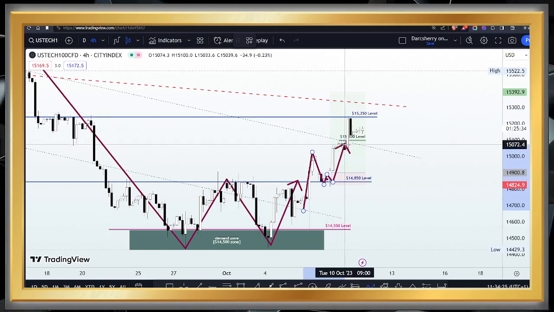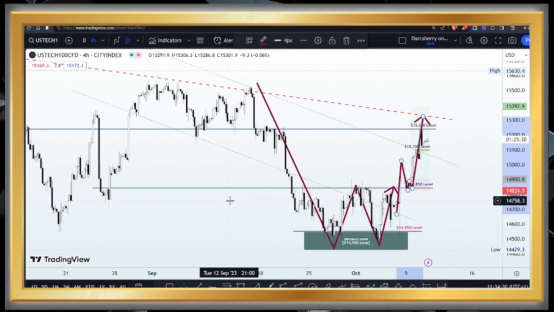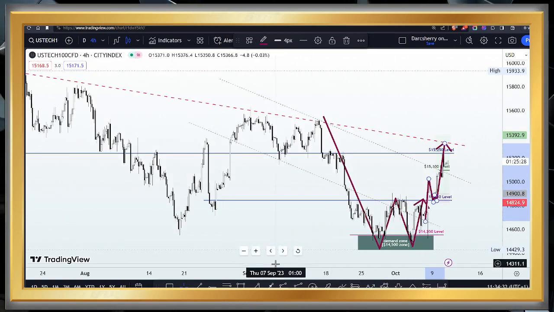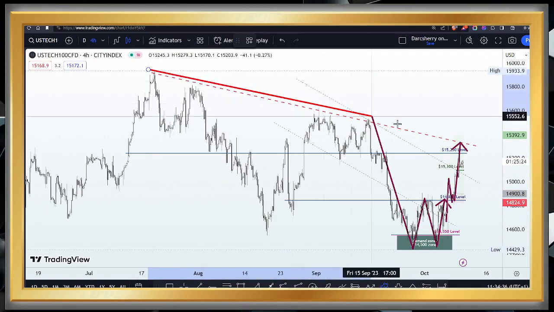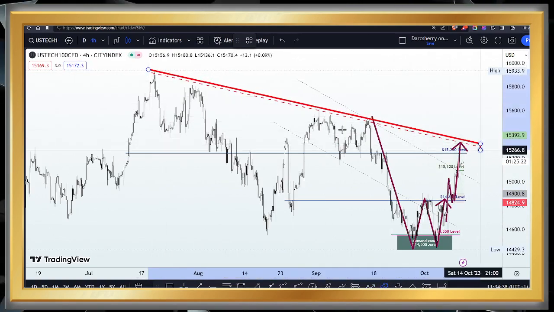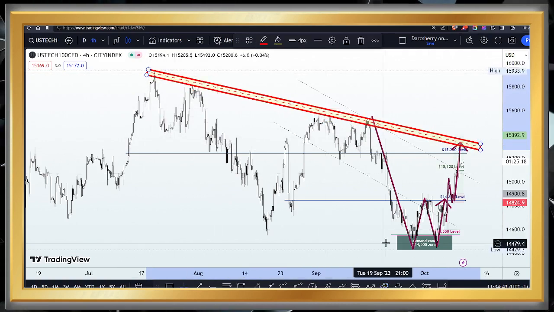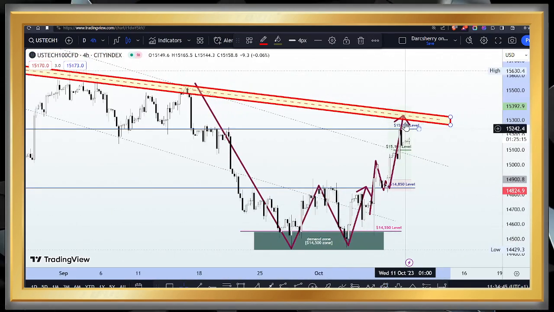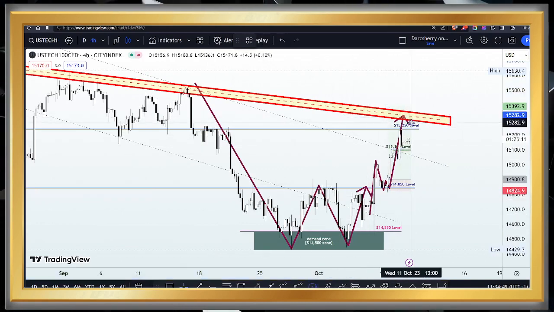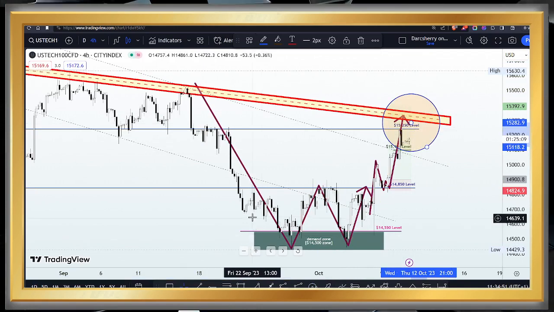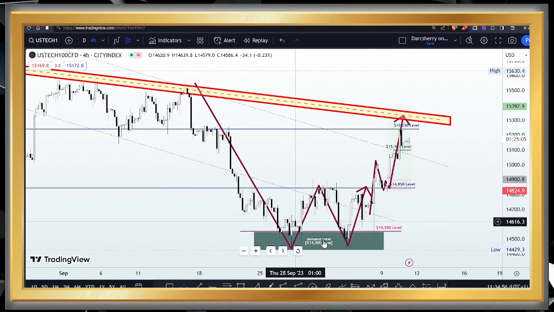And I'm of the opinion that price may likely continue into that descending trend line that we identified on the daily time frame. So this is the descending trend line here. Let me mark it out so we can see. Now let's see if the market will get that far. I'm of the opinion price will get into that area. Now, if price gets into the structure, depending on what happens here will determine if we are going to be adding more buy positions or getting ready to sell.